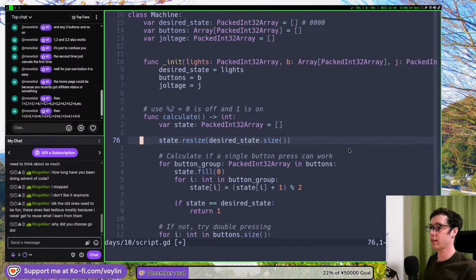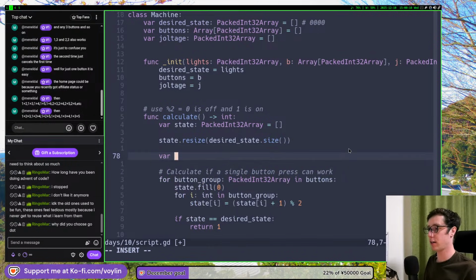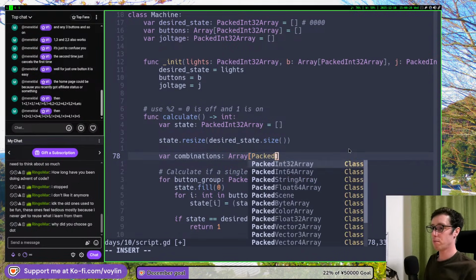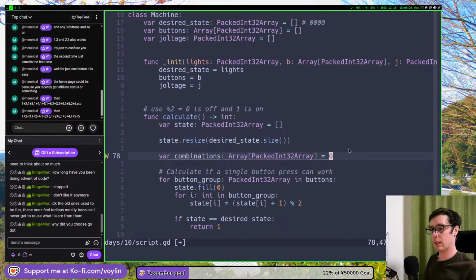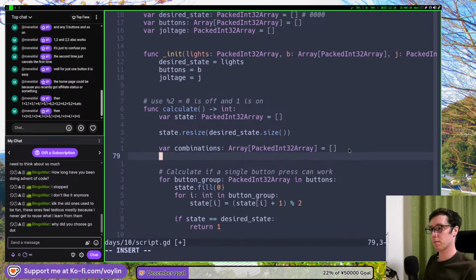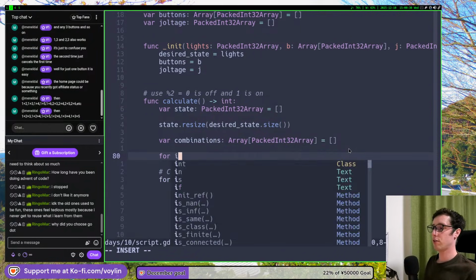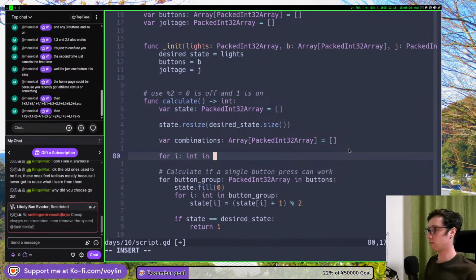I'll just create an array of available combinations. Var combinations, which is an array of, whoops, packed int array. Oh, whoops. So, for i int in, oh,